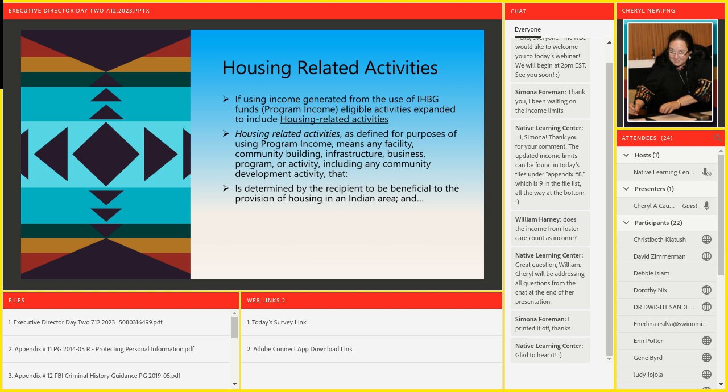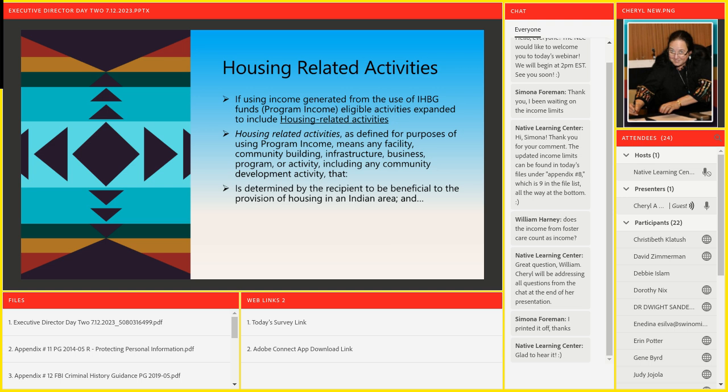If using income generated from the use of your block grant funds, it's called program income. Eligible activities are expanded to include housing related activities, okay? Housing related activities, as defined for purposes of using program income, means any facility, community building, infrastructure, business program, or activity, including any community development activity that is determined by you as the recipient to be beneficial to the provision